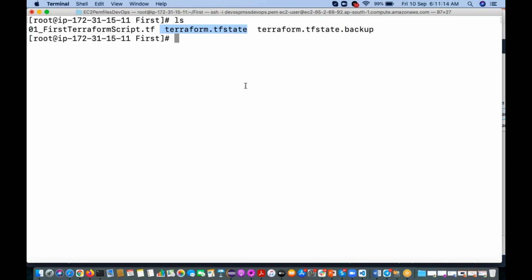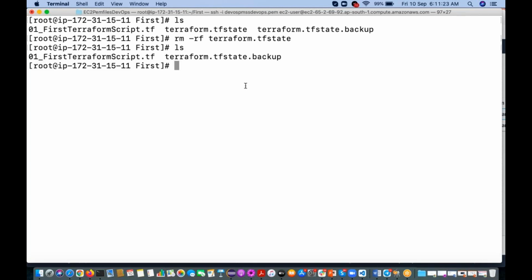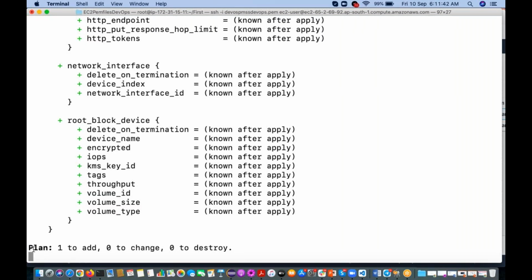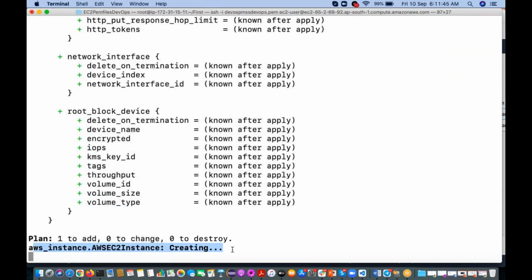So let me remove. rm -rf terraform.tfstate. Now if you see, this particular file is not there, right? Now if you execute terraform apply, see, it's creating with a different ID.